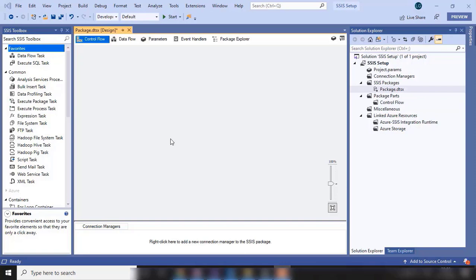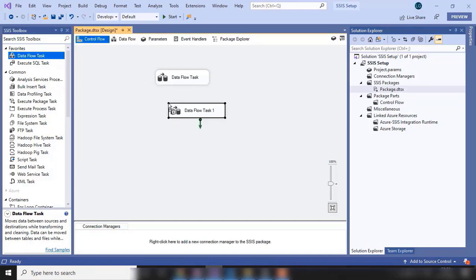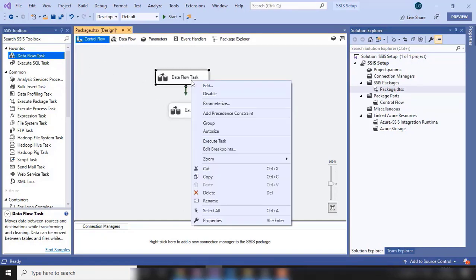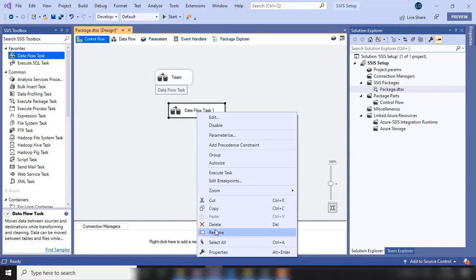Let's suppose we need to migrate the user's data in our system and user contains the lookup of the team. Firstly, we need to migrate the team data and then we will migrate the user's data. So let me give an example. In our control flow, we will add two data flows, this one and this one, and we will give the name of this data flow as team and the name of this data flow would be user.